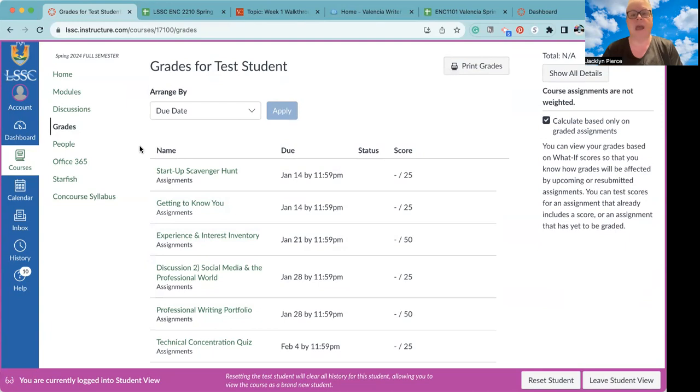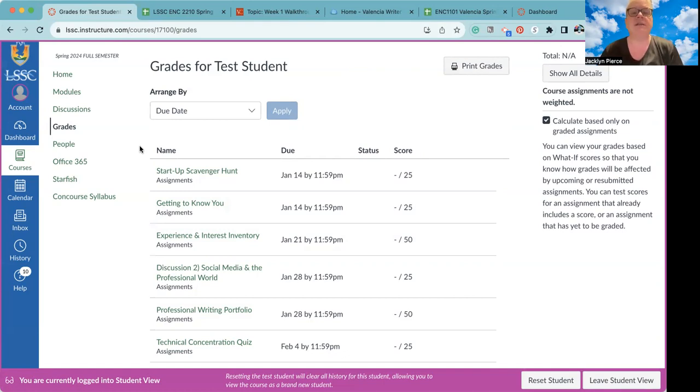As a student at Lake Sumter, you have free access to Word and you must use it. All of your formal writing assignments this semester will be submitted in Word format. If you have a Mac and have Pages on it, that's great, but you need to be using Word. Okay. It's just, you do. I have a Mac. I don't use Pages. I use Word because that's what is required.